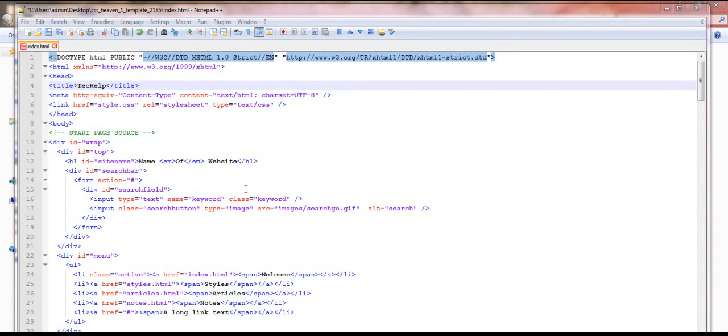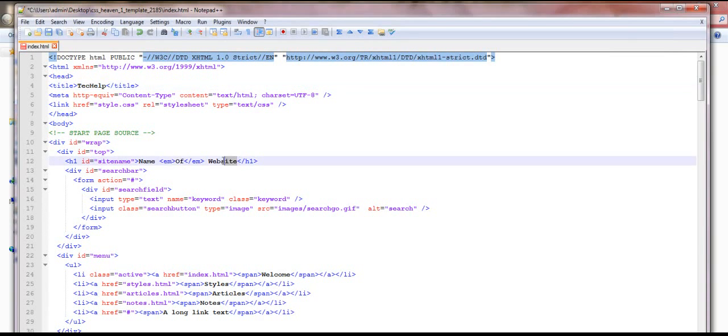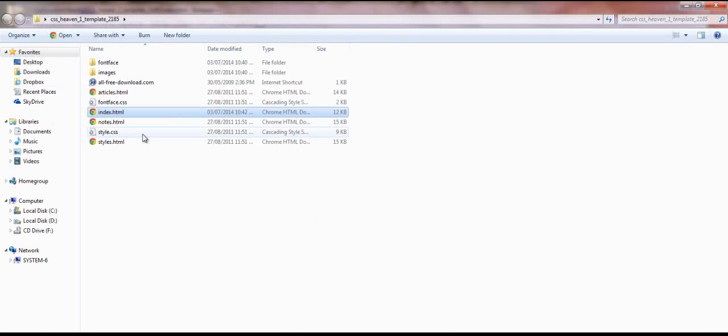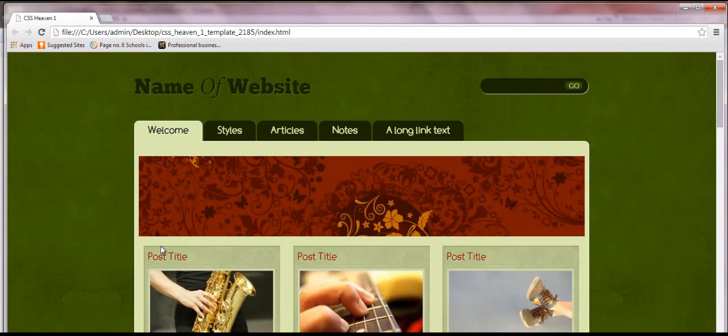After editing the title of the web page, edit the name of the website, that is techhelp.com. I would like to display Tech Help as our website name, then save it and refresh the HTML page. Simply press F5. Here it is, check, our website name is modified to Tech Help.